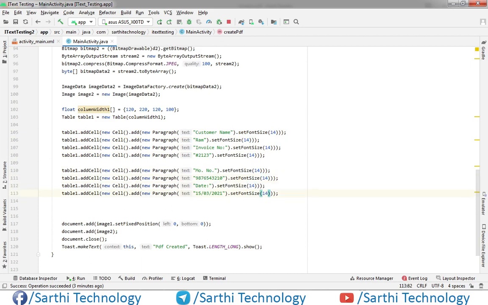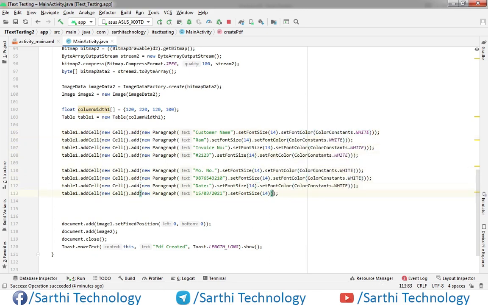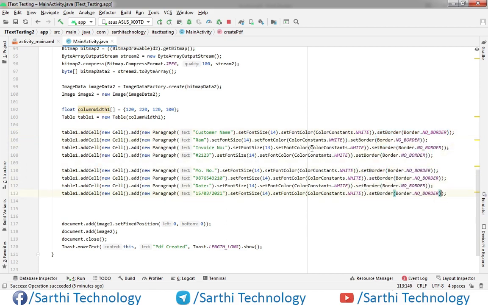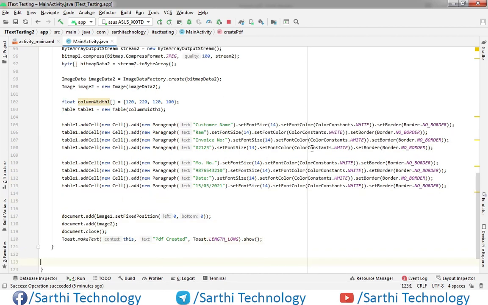Now after that change the font color. After that there will be no border, and for that here. Now add this table in the document.